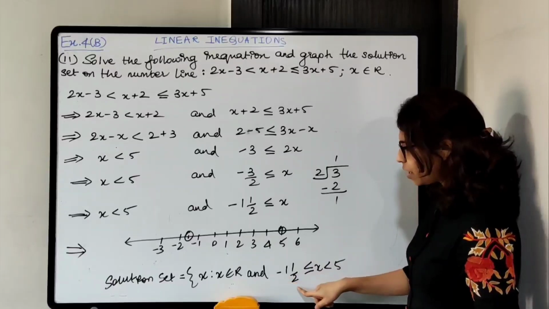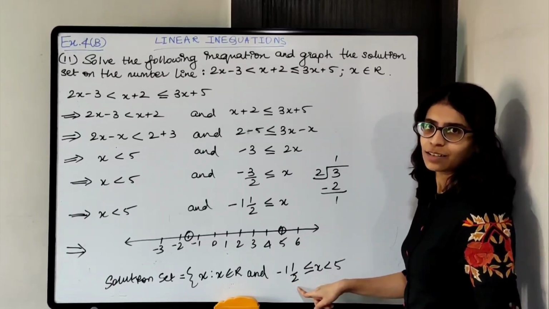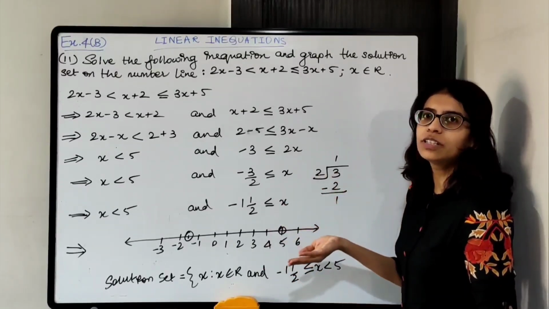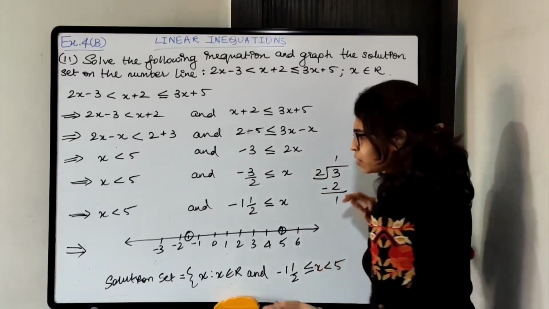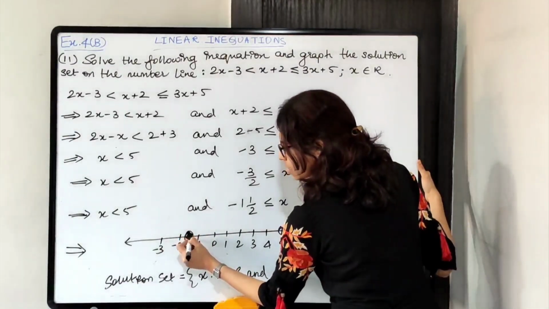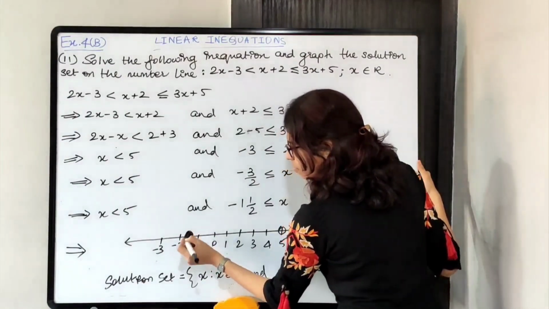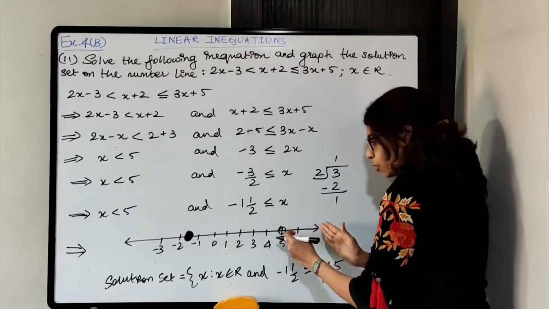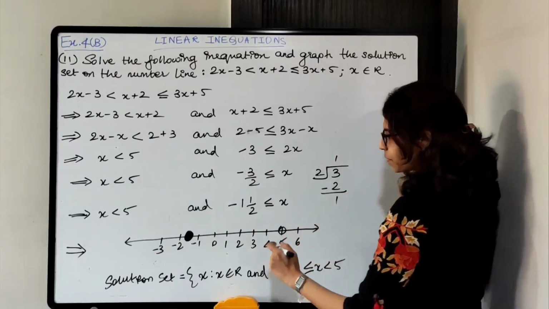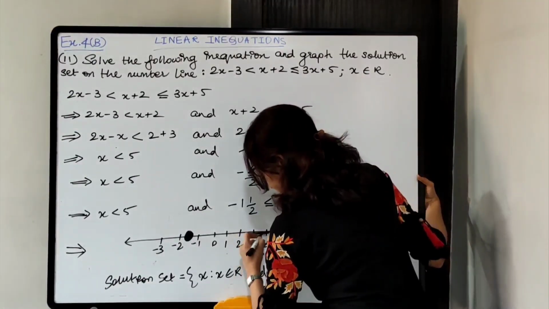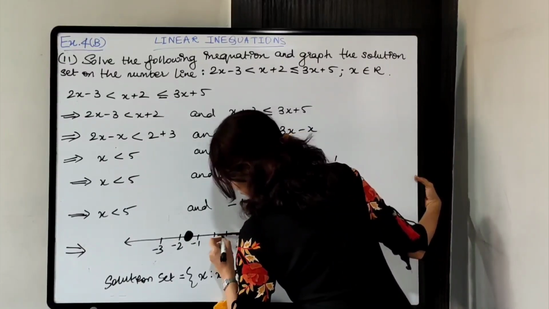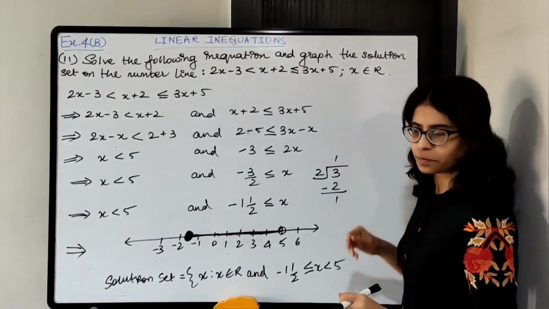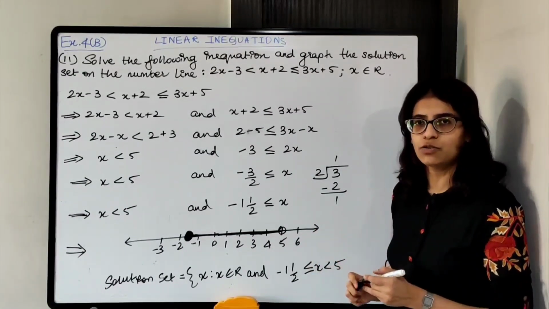Now is minus 1.5 included over here? Yes. Okay, it is included because in real numbers you will include fractions, decimals, everything. So what you will do, you will fill this. Okay, and 5 is not included, it will be less than 5. So keep this one circled only. Okay, in between any value is possible. So with the help of a scale and pencil, make the line thick, darken it, okay. It should be neat. So this is the solution on the number line.